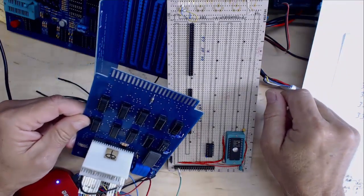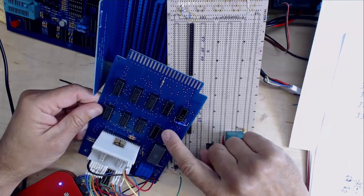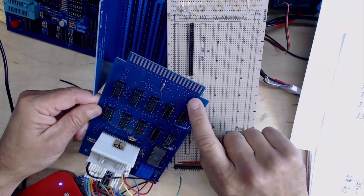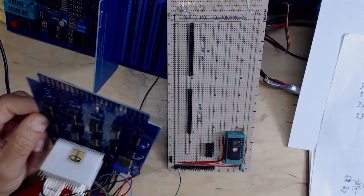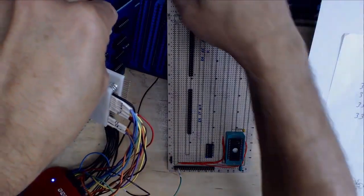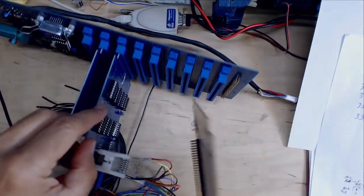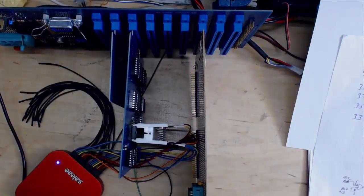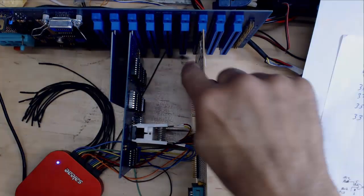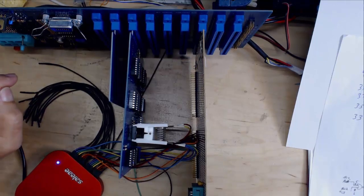Then when I got it done, I realized that the MIL MOD8 boards are the opposite. They have the components on the lettered side and the solder is on the numbered side. So basically what happens is when you put this in, if I've got the processor card in like that, now I've got my little buffer card that has to face it like that. I thought about reversing the order of things, and I wasn't going to do that. So this is just something I got to live with: remember to put this in backwards. But anyway, that said,